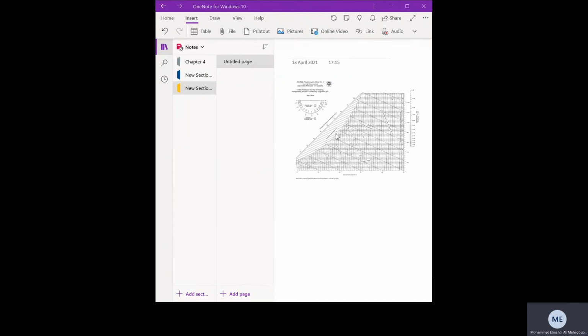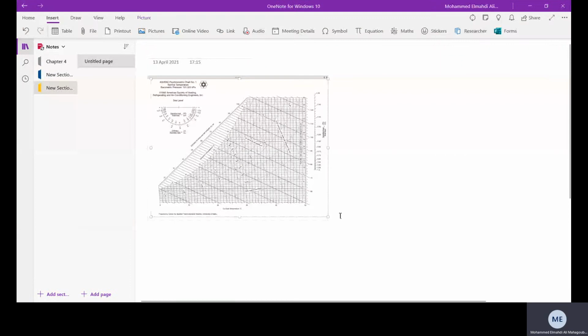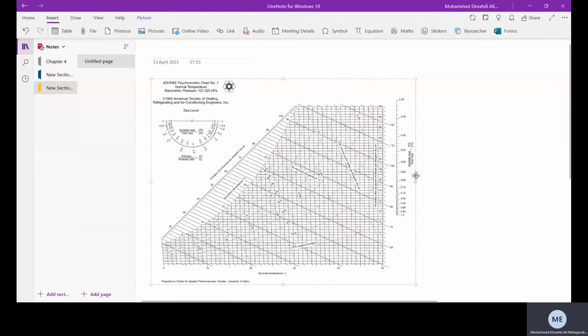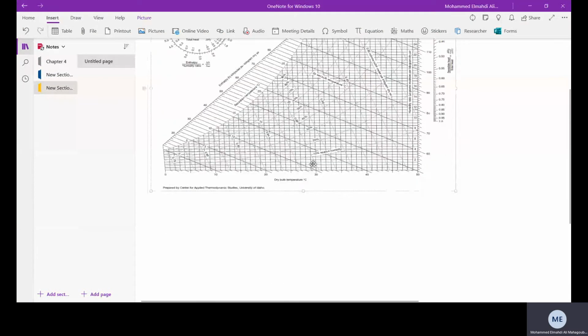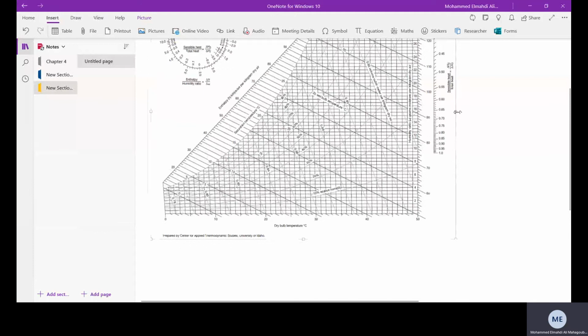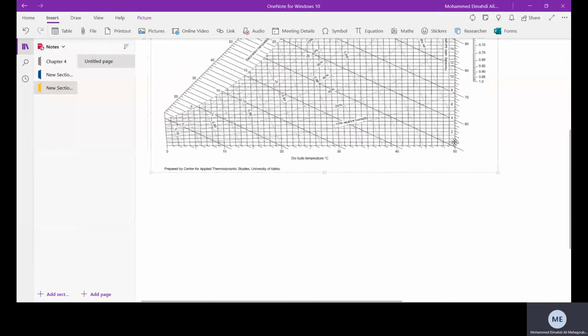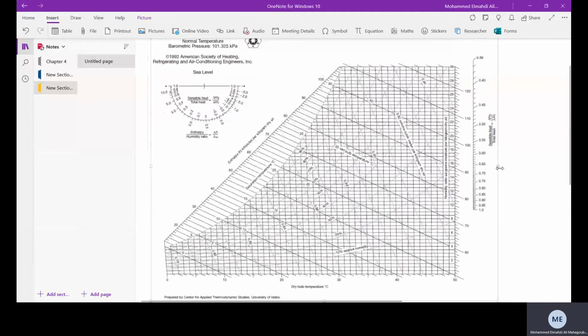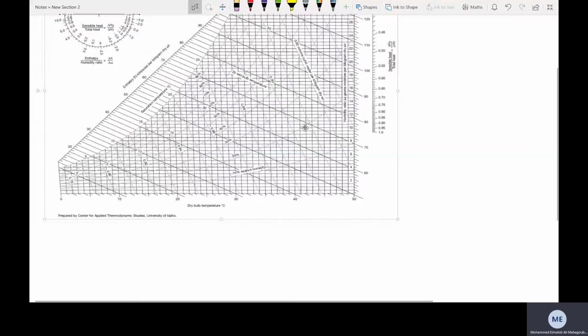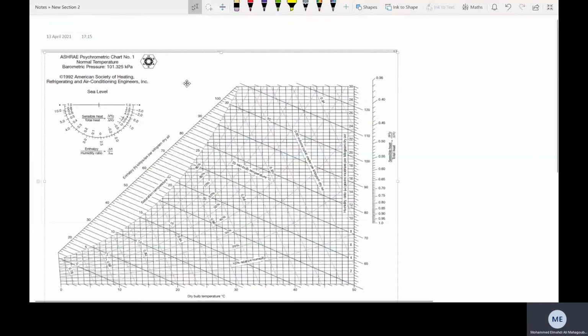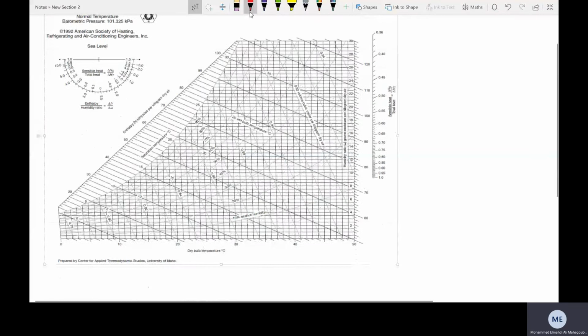And then for the second property, you need to use an equation. It's not like the psychometric chart where, if you just got 2 properties, now you have all the properties done for you. That's the advantage of using the psychometric chart. You only need 2 properties in the psychometric chart, just like the thermodynamic tables. First let me start by showing you what are the different things that we have in the